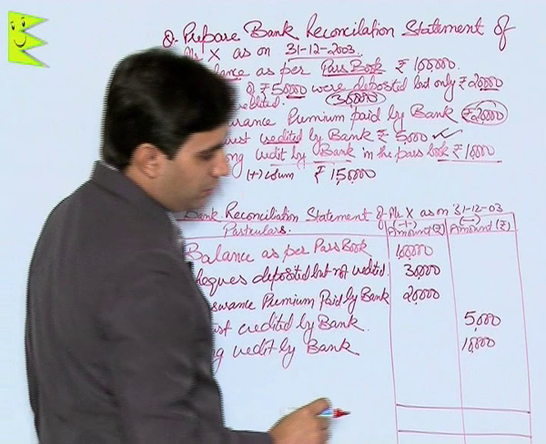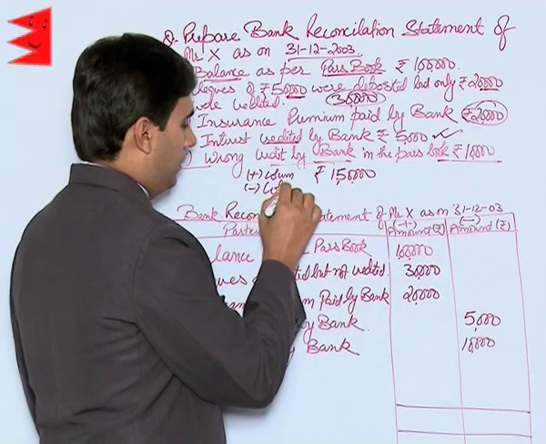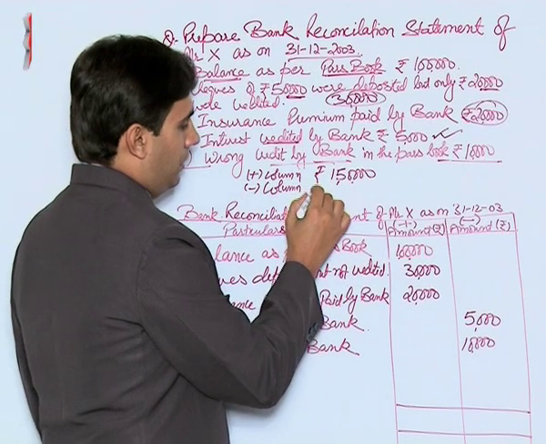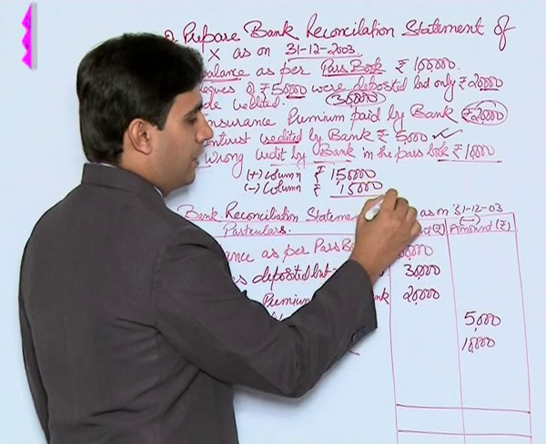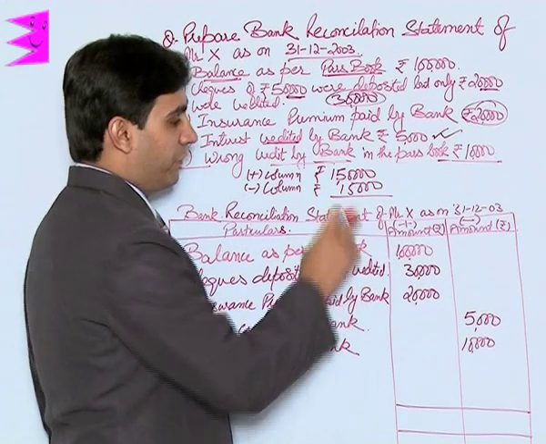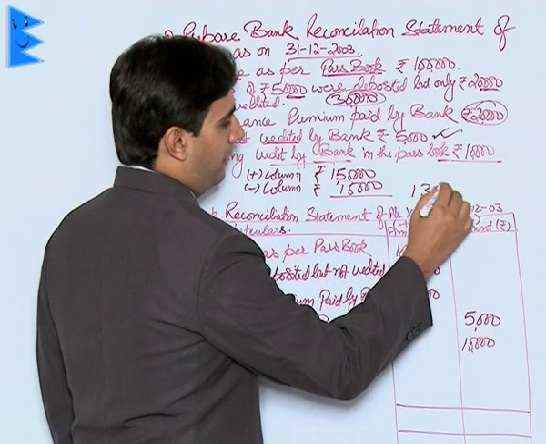And the minus column has a total of 10,000 plus 5,000, that is rupees 15,000. Deducting 15,000 out of 1,50,000, we have